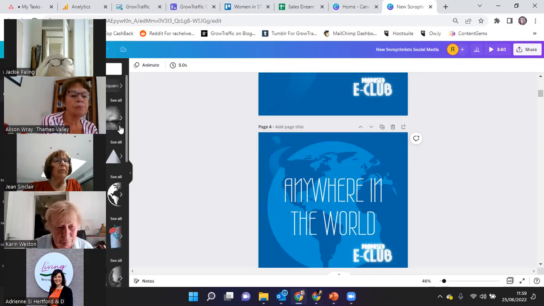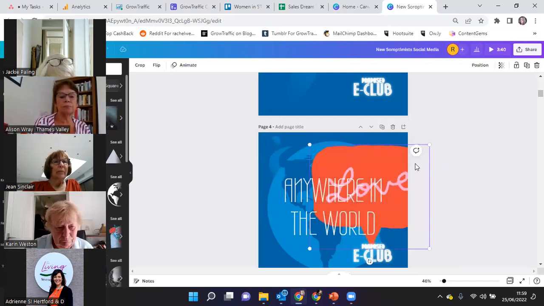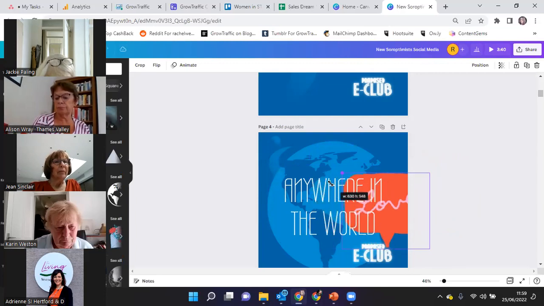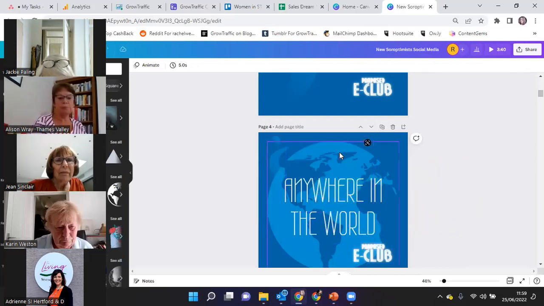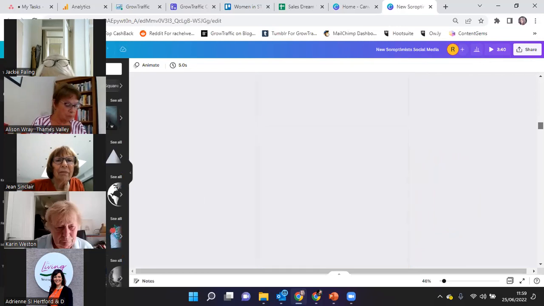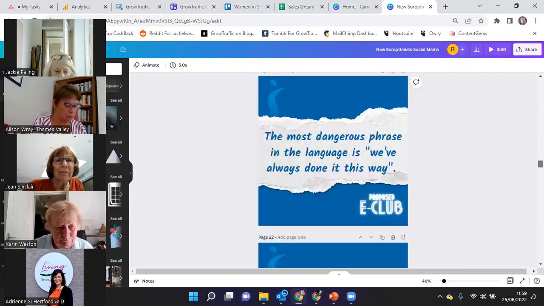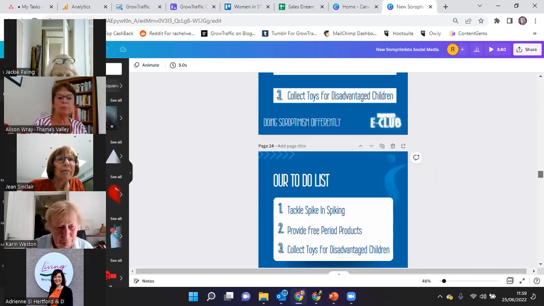It has photos that you can use if you don't have one, you can have moving elements, and you literally just drag them across and put them in. You can change the size, you can change the text. It's really, really easy to use. It does take a little bit of practice, and I'm not going to give you a full tutorial now, but with a little bit of practice, you can create some really good graphics really easily.